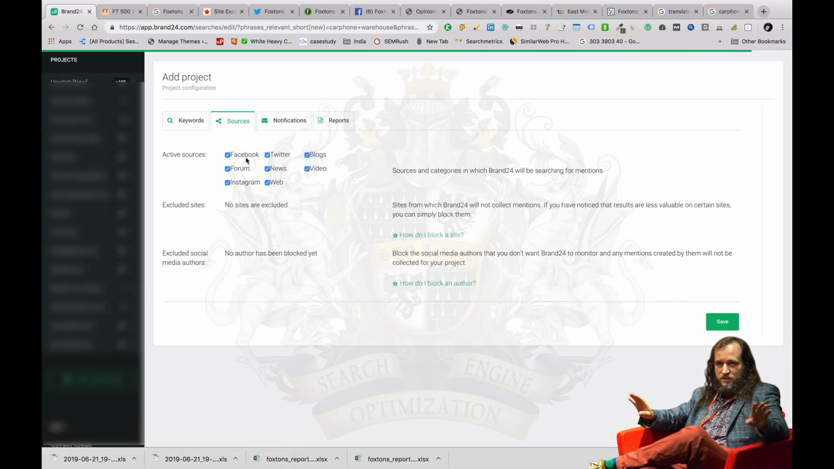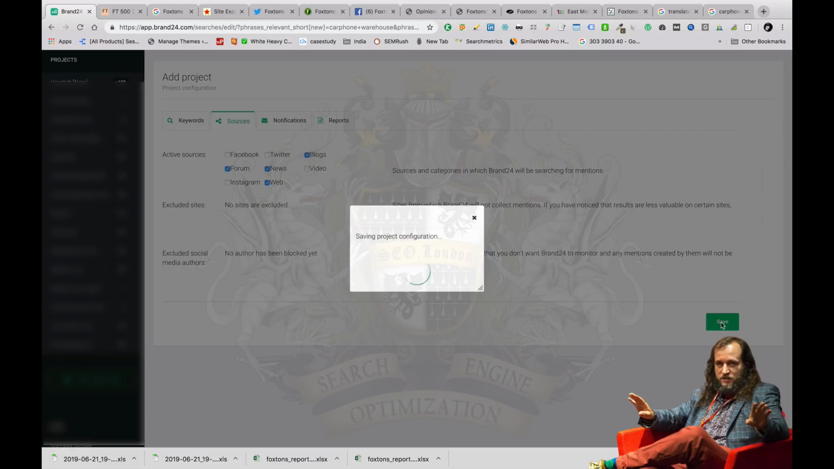We can define sources. We don't really want Facebook, Twitter mentions, Instagram, and videos, because that's pretty much social media, and we know that even if there are some mentions, we will not be able to convert them into links, and especially into dofollow links. We need dofollow links. So we have forums, news, web, and blogs. We save this, and during that time